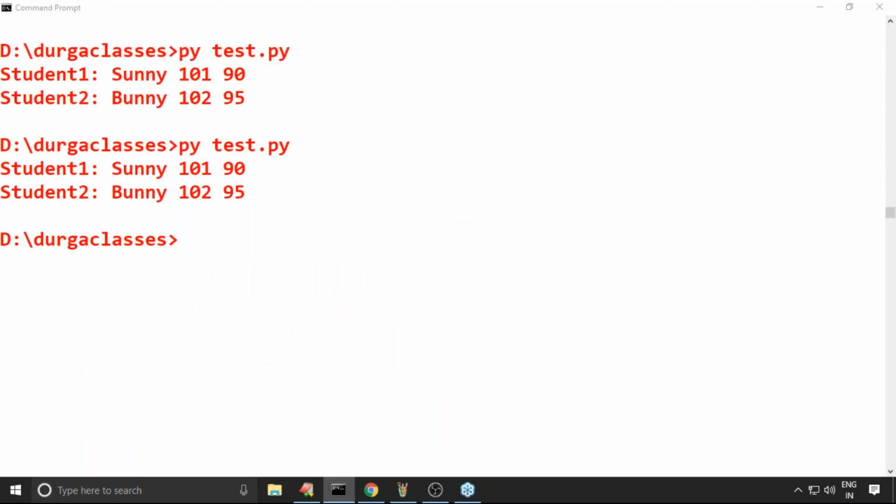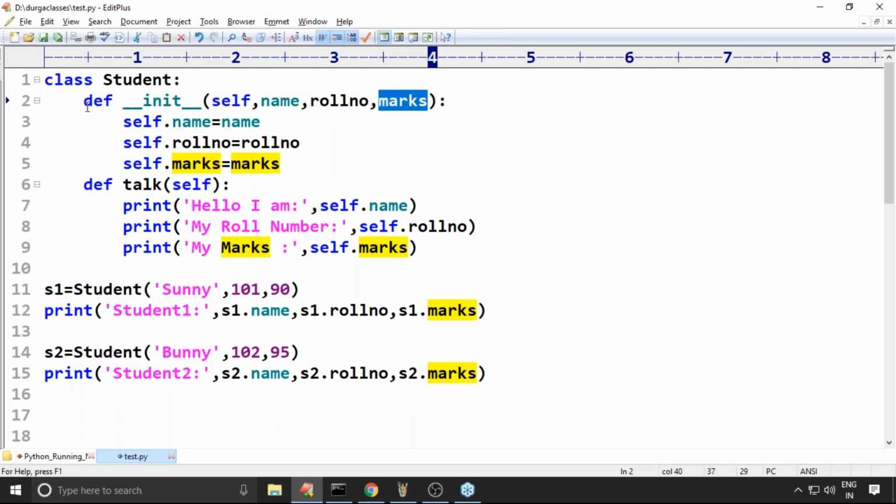Well, now I have one small doubt, sir. I told this point already, but let me repeat it. Name, roll number, and marks: what is this? This is a special method, the constructor.